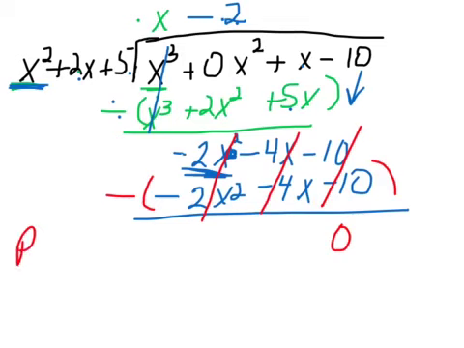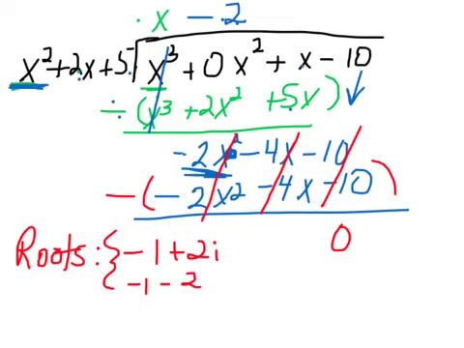So our roots here, our solutions, our zeros, we could call them lots of different things. If you remember, they gave us negative 1 plus 2i. So we knew by the conjugate root theorem that negative 1 minus 2i was one, because those occur in pairs. Imaginary roots occur in pairs. And then we just found the last one,